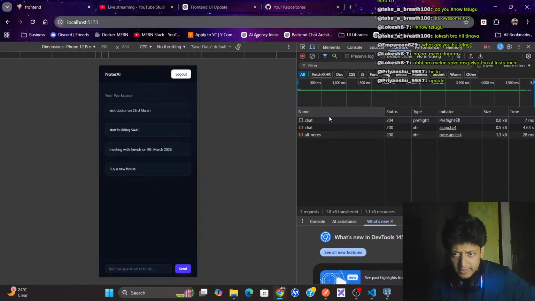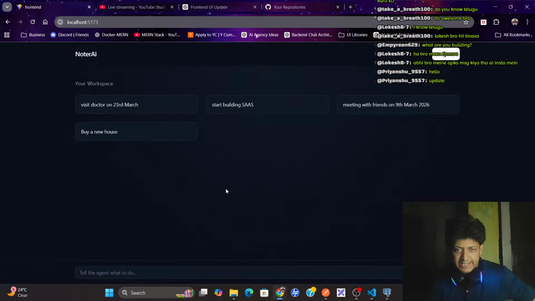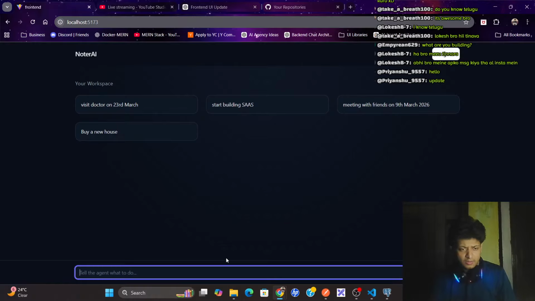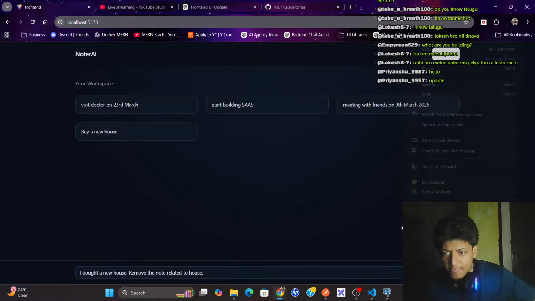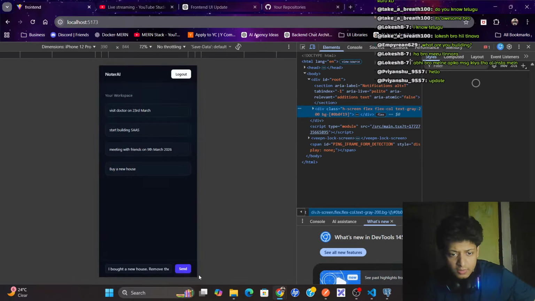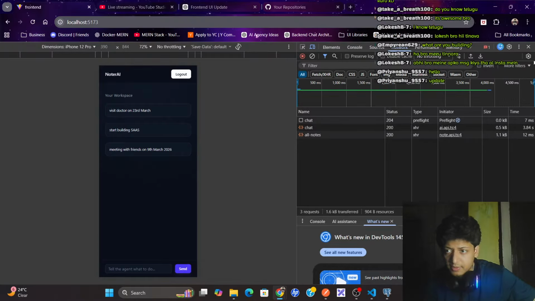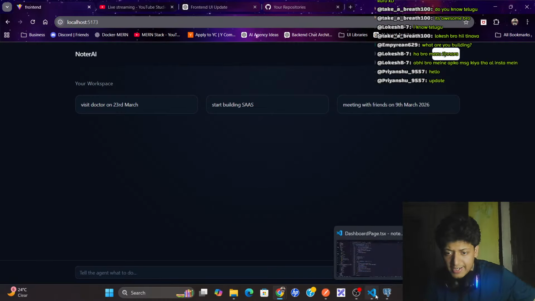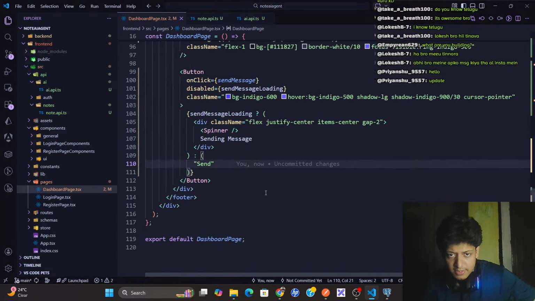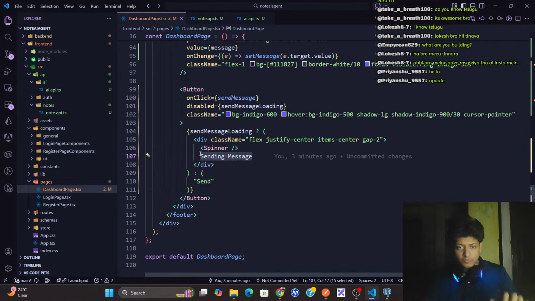Okay, fine. So basically I need to implement lexical searching. I can do that. I bought a new house. Remove the note related to house. Okay, if I come here to network and click on send, okay, it is done. And instead of showing sending message, just make it a loader. Okay, remove this.